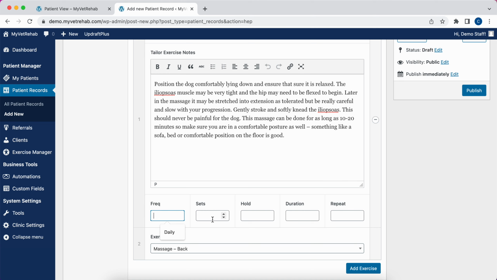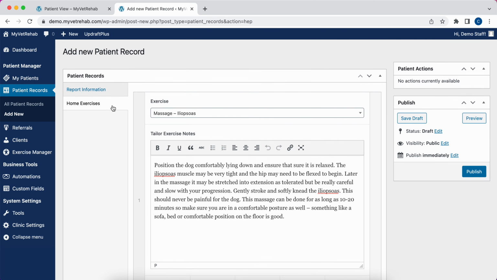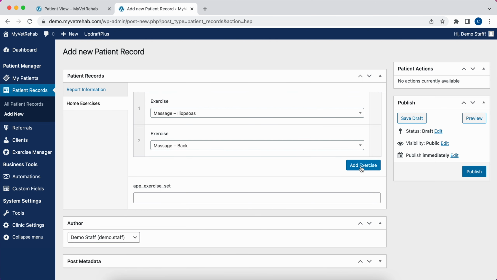And you can also change the frequency, sets, hold, duration, and repeat. So you might say daily, do 1 set, hold for 2 seconds for a duration of 3 seconds, and repeat that 4 times. If you happen to have missed an exercise, you can come in and add an exercise by